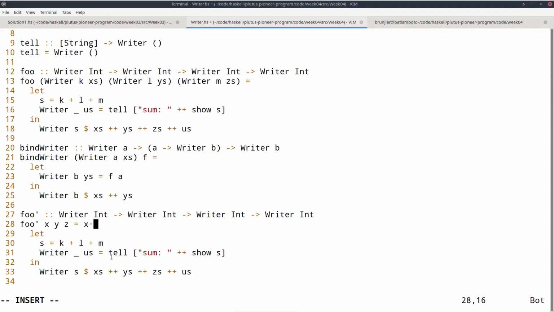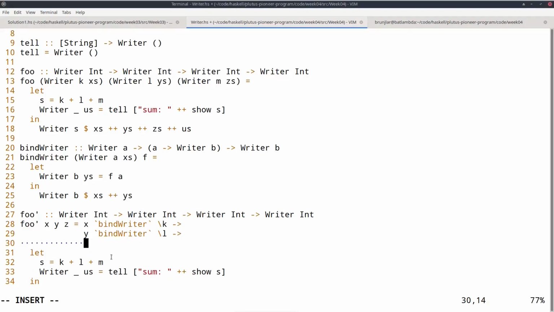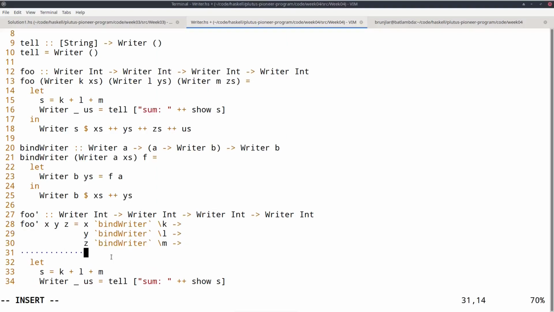So I start with x, bind writer, call the result k, then y, bind writer, call the result l, z, bind writer, call the result m. Now tell sum k plus l plus m.